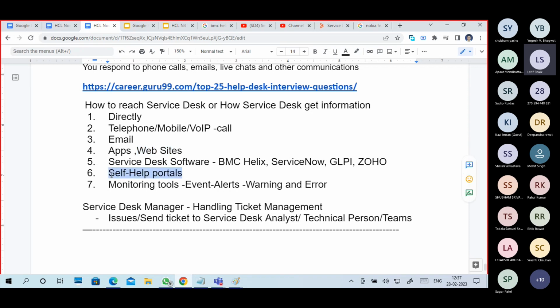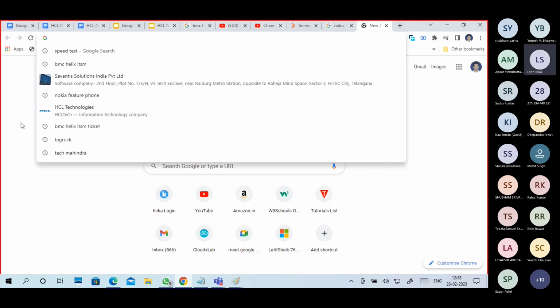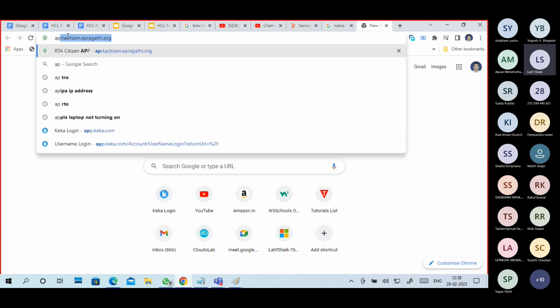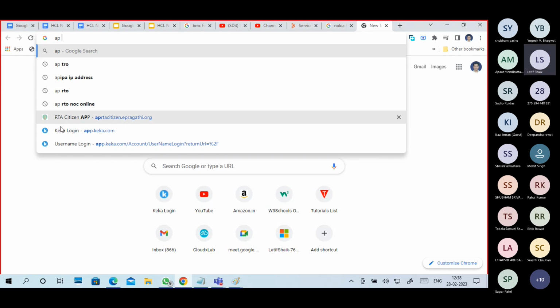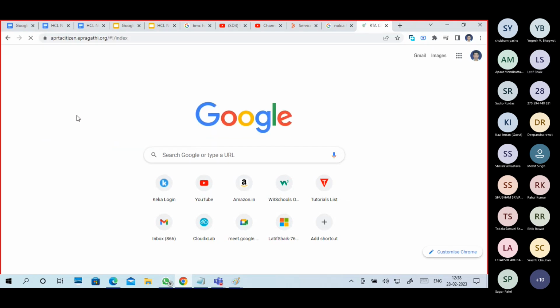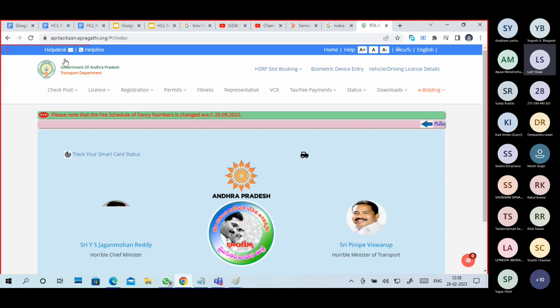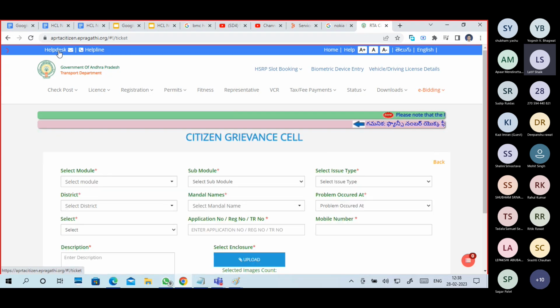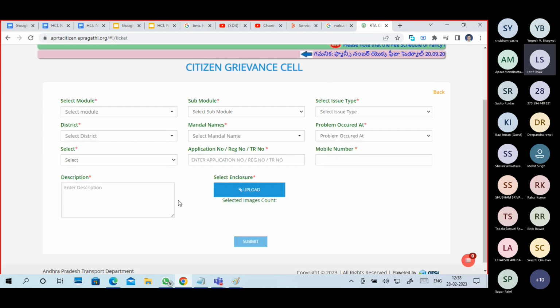Self-help portals are very helpful, guys. You go to your organization portal, and there is a help desk there. I'll try to show one example, as my previous one is expired. You can see the help desk; it's a self-help portal.